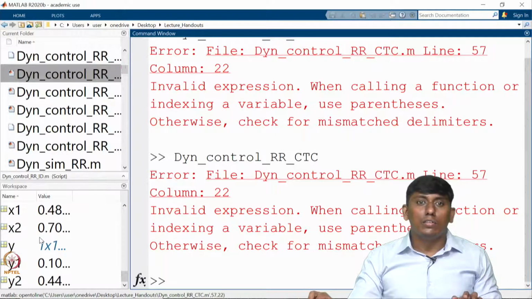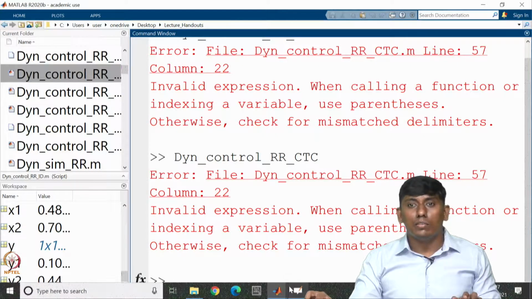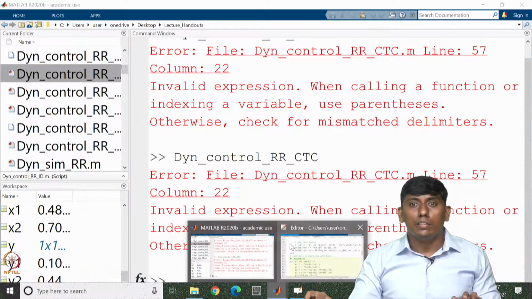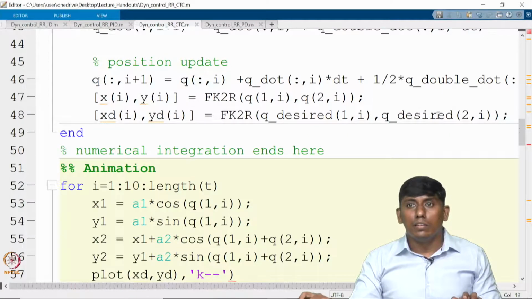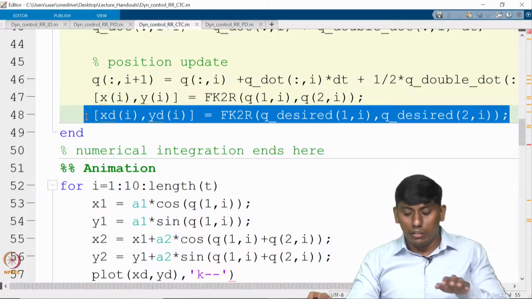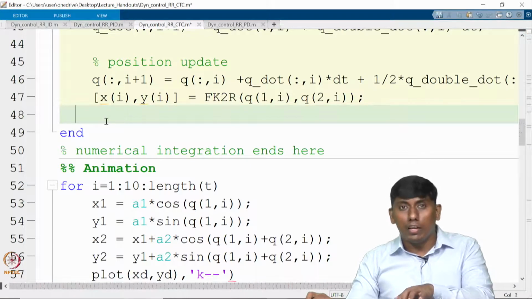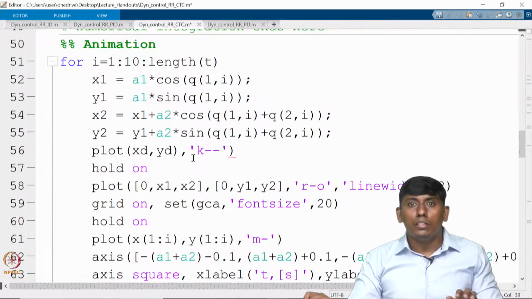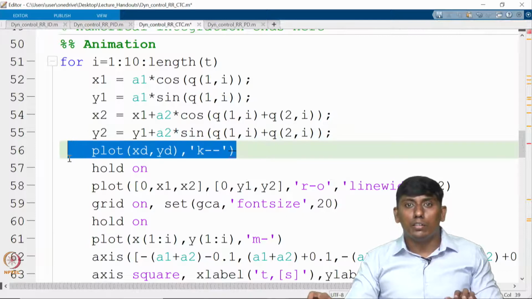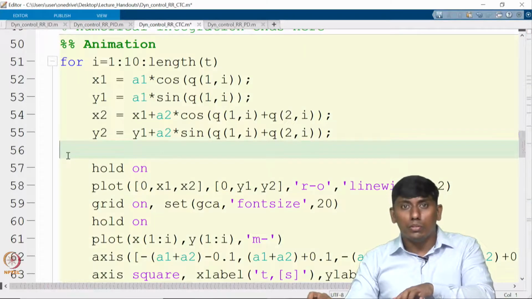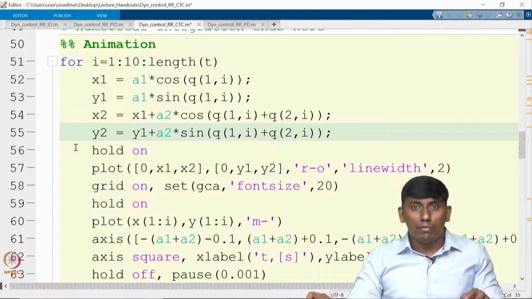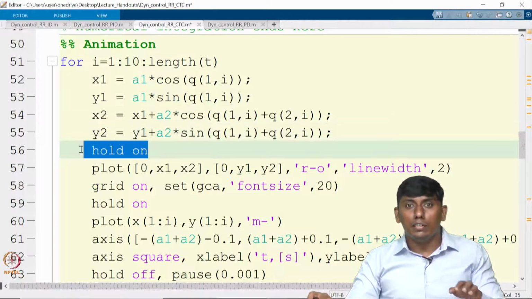X desired did not come because it is inside. Okay, that we will do. I just want to show the plot, but that is not as explicit here because the forward kinematic model that we have used is slightly different.